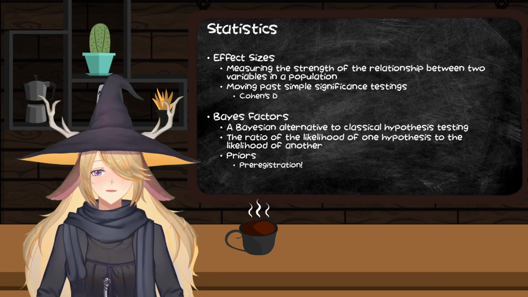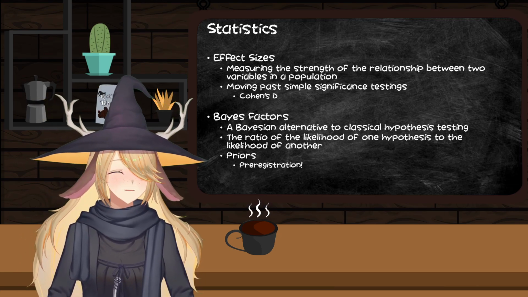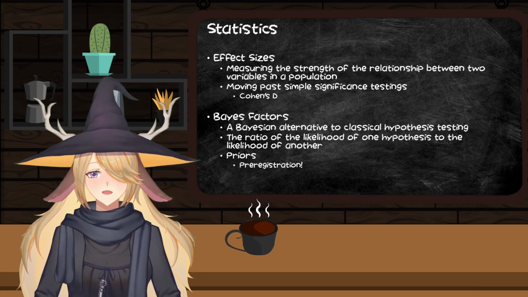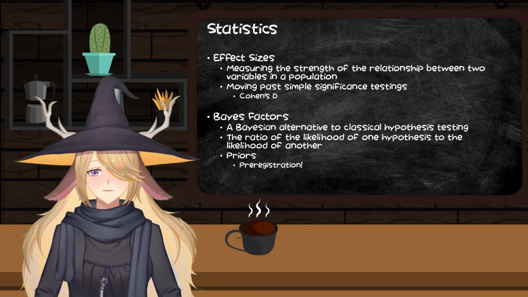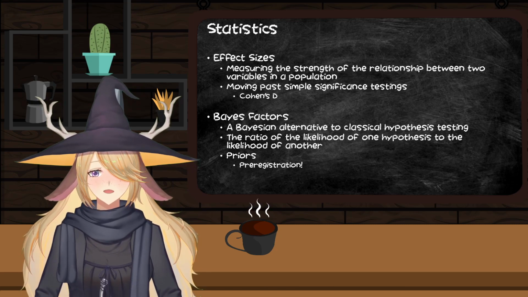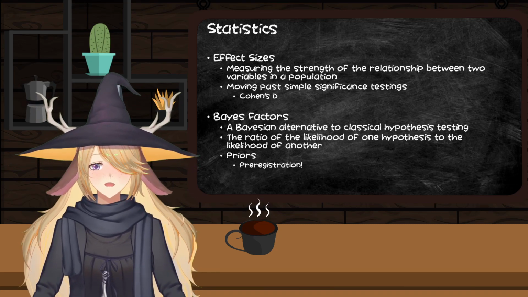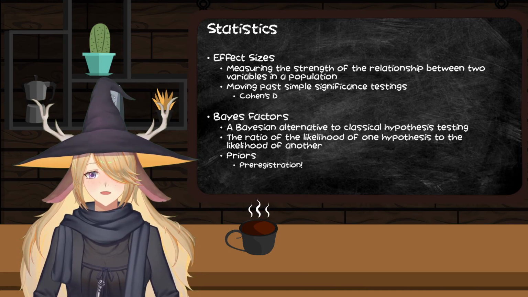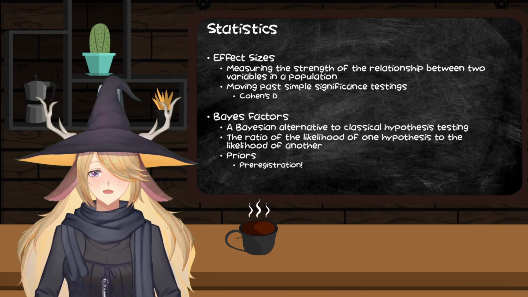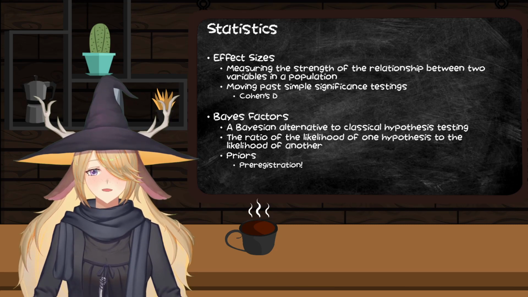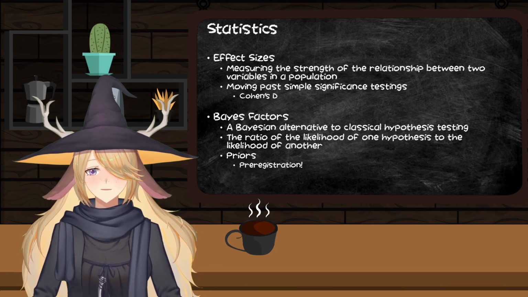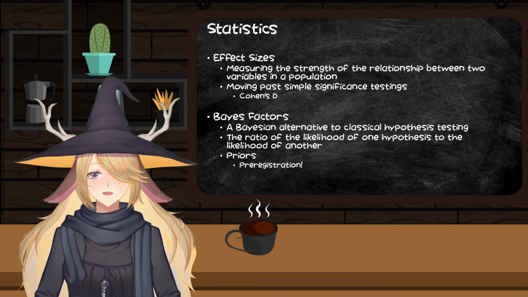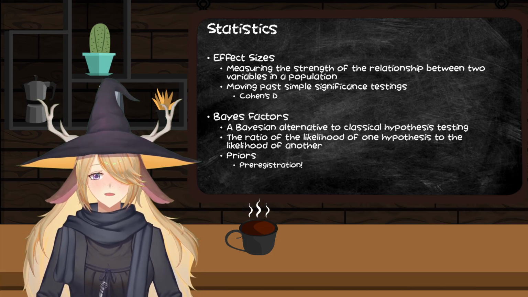Now, this is where I teach you about something secret that people don't want you to know. Everything that most people are taught in their undergraduate statistics courses falls under the umbrella of what we call probabilistic statistics. And there is a whole world of evidentiary statistics outside of that, one of which is Bayesian statistics, which is based on matrix algebra. This is where I show off how big my brain is under this hat. Bayesian statistics are an alternative that for a long time were computationally prohibitive for research because it took so long to compute these matrices.